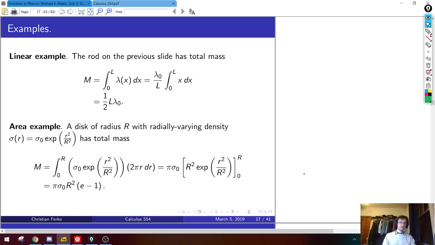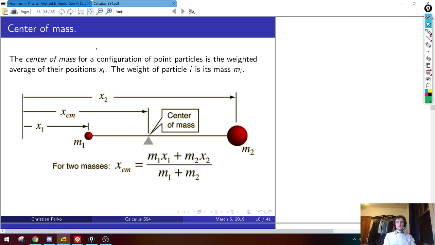No. Good. Okay, onward to center of mass then. So in the same way, I'll start with discrete point masses. Let's just do the easy case. If you have two point masses m1 and m2, we would like to define the center of mass for those point masses, which is basically the weighted average of their positions x.